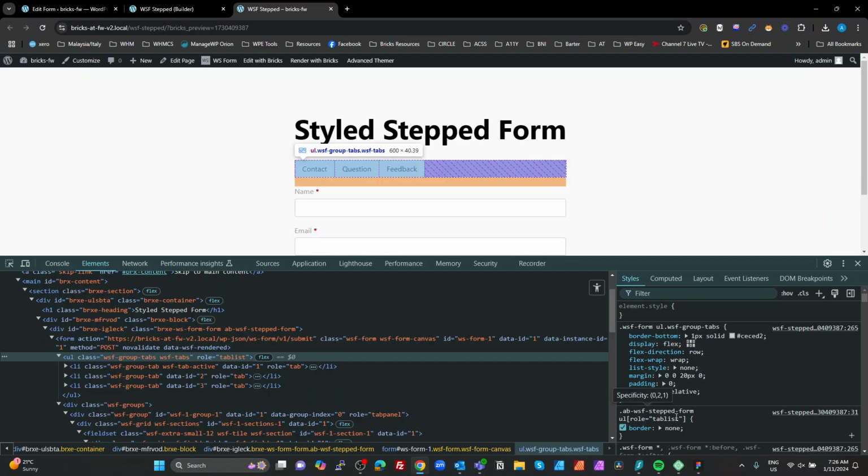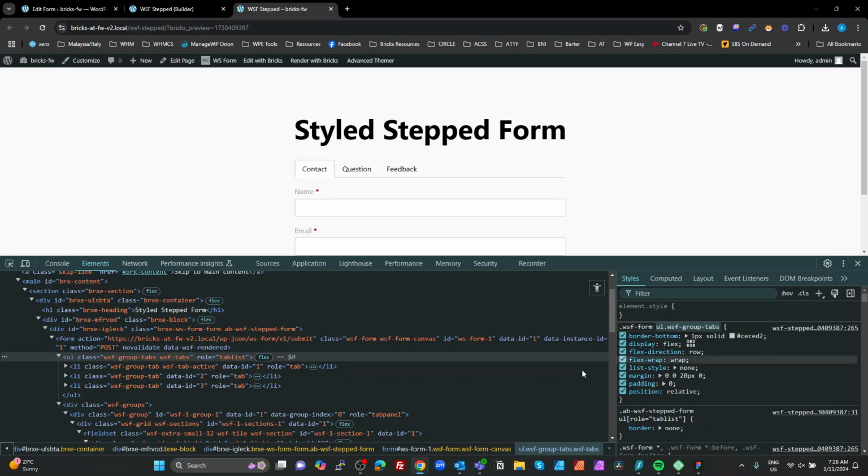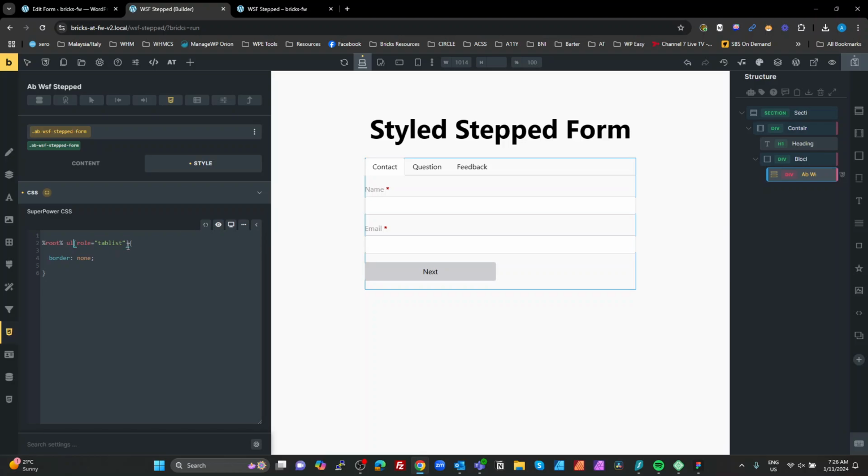Okay, so what we need to do is increase our specificity. And if we can do that, I can look at their rule, and they've got the WSF, sorry, we'll look at this part here. They've got WSF tab groups. Okay, if we look at the actual class here, we've got 2 classes there. We've got WSF group tabs and we've got WSF tabs. All right, so we could increase the specificity by grabbing that, coming back to here, and we're going to add